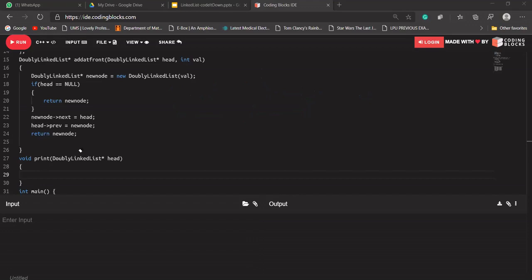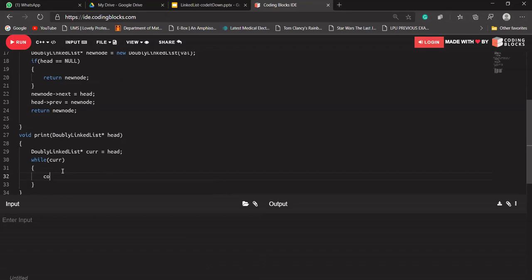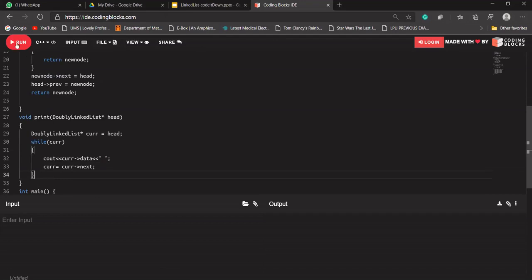Just give me a minute. Let's create a current pointer. So I'm writing a print function for it simply. If anybody is facing any doubt, because we have written it many a time, I hope nobody has any doubt. If still anybody has any doubt, please do ask me so that I can make you understand. I hope I've written it right.